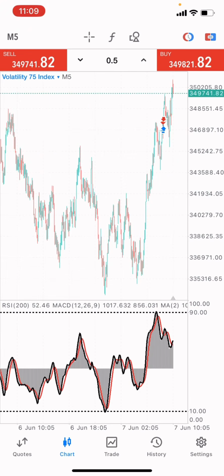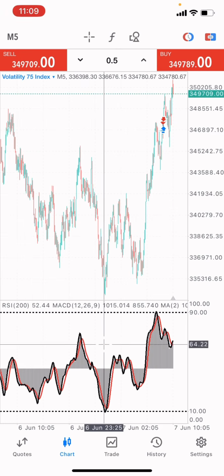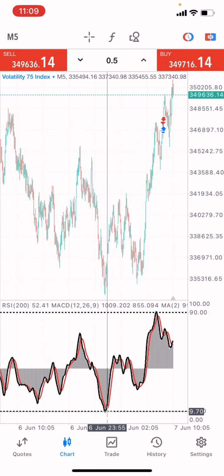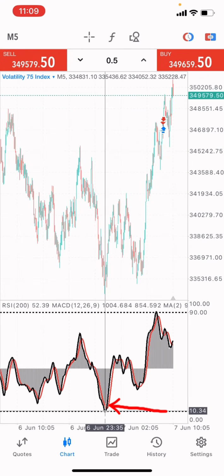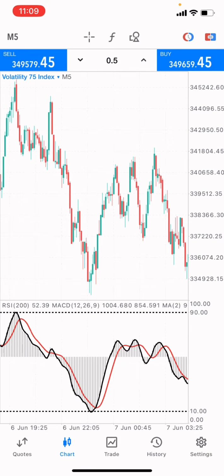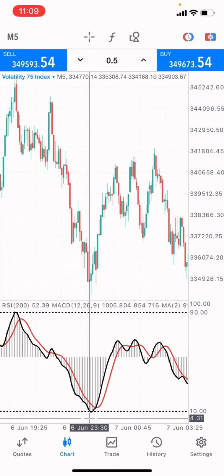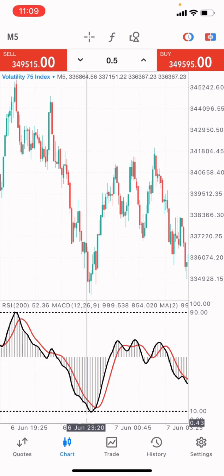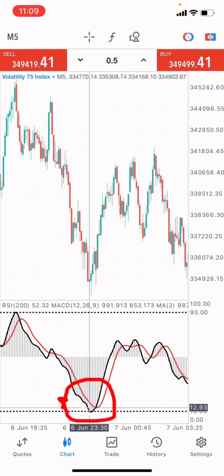Now, as you can see, at this very point the moving average reaches the level 10, right? It reaches the level 10. Now we're going to zoom a little bit and see if we can get a candle which we can take right there. As you can see, once the moving average reaches the level 10 in a downtrend, guys, you